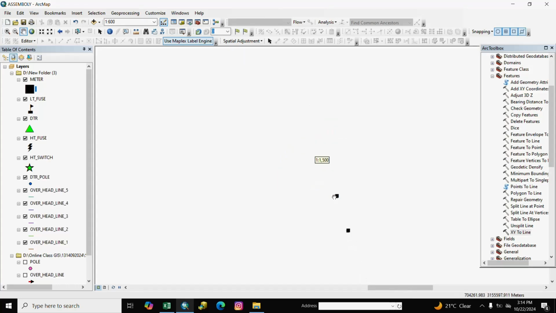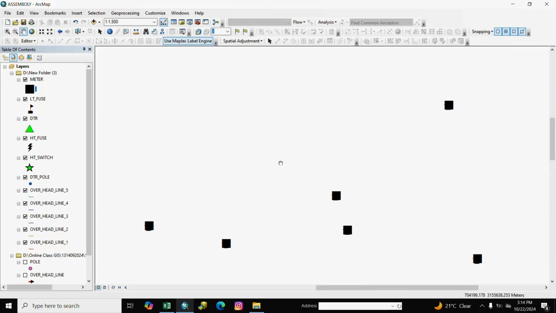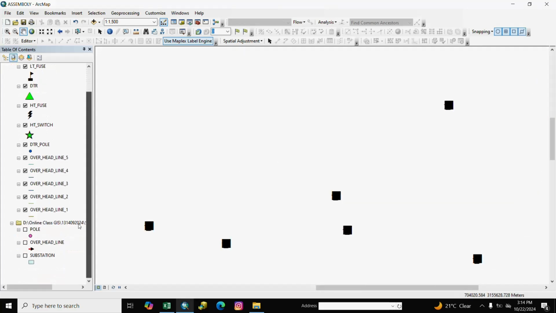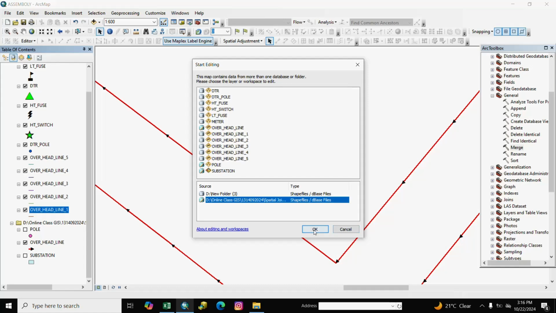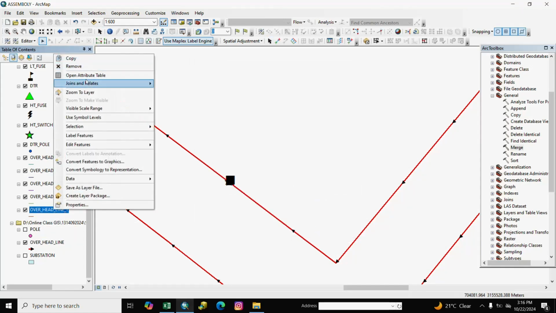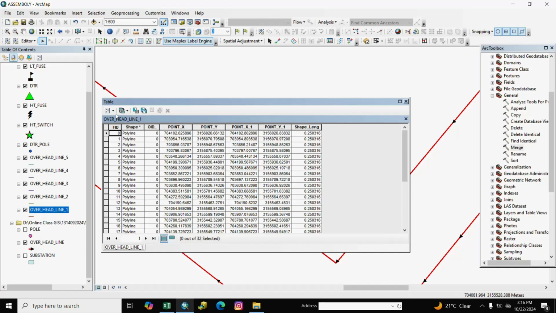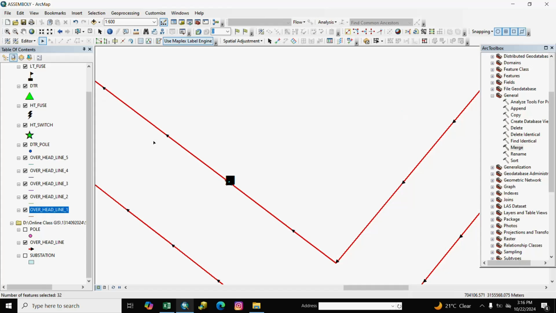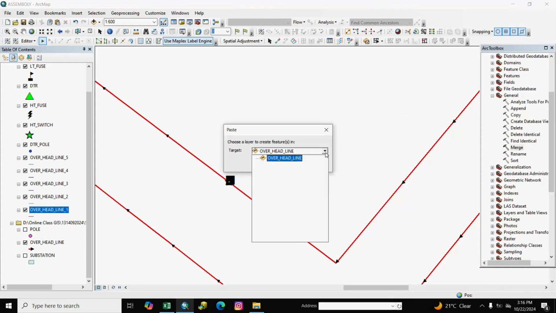For at a time we select it and paste all overhead line. Select all and copy, paste overhead line.